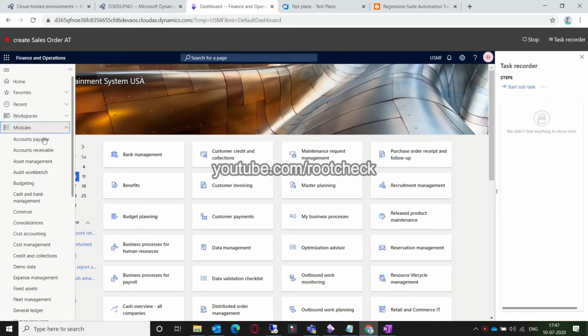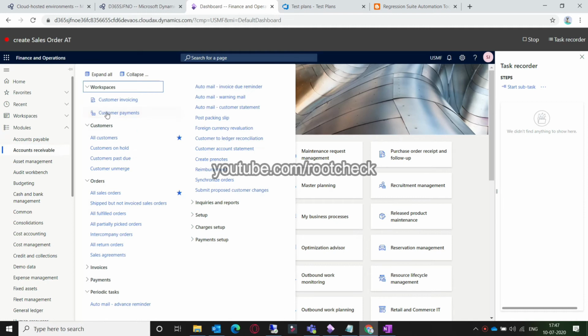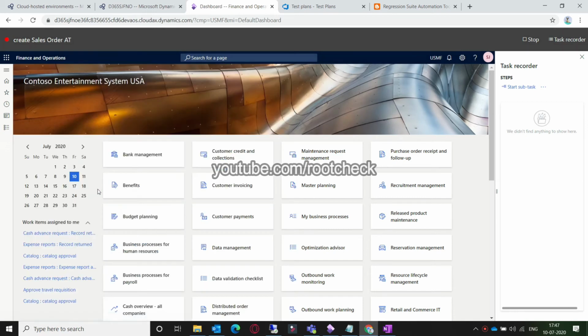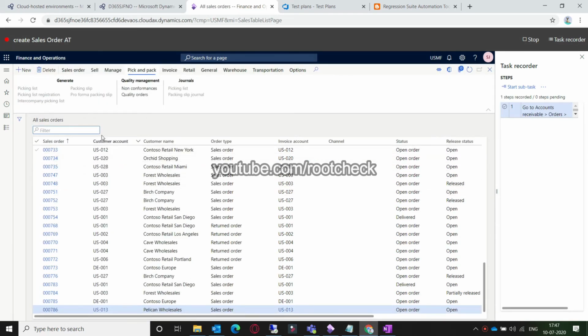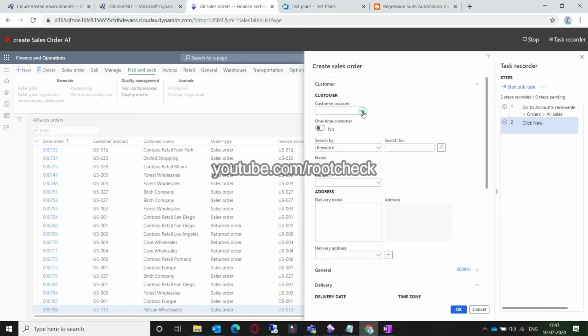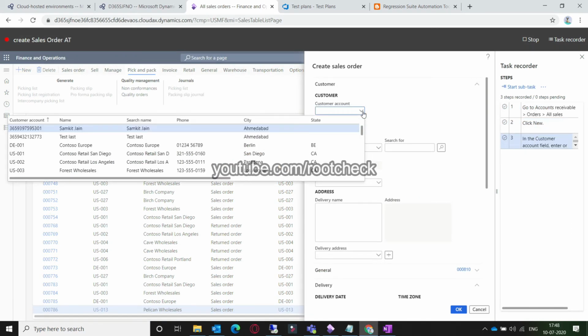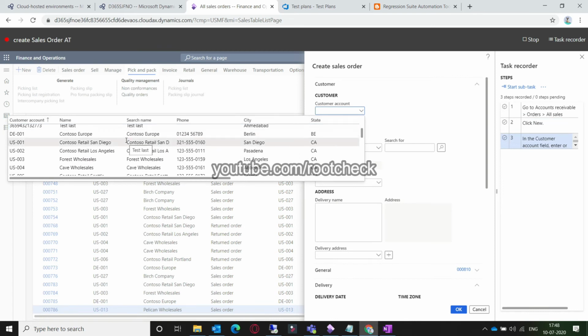After that we need to perform some task like creating a sales order or purchase order, and you can also see the steps which you have performed on the right hand side under the task recorder section. Here I am creating a sales order and recording that using the task recorder. This task recording will be saved as a test case for our scenario, so I am fast forwarding it a bit to save time.